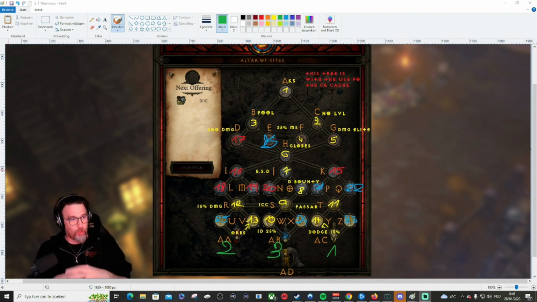Today we're going to talk to you about the Altar of Rites. So we got 26 nodes that we can unlock and then 3 poison ones, right? Okay. So this talent tree is for me the best setup to actually use the challenge rift cache at the